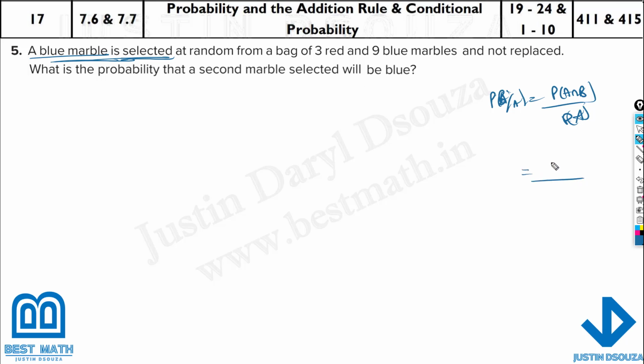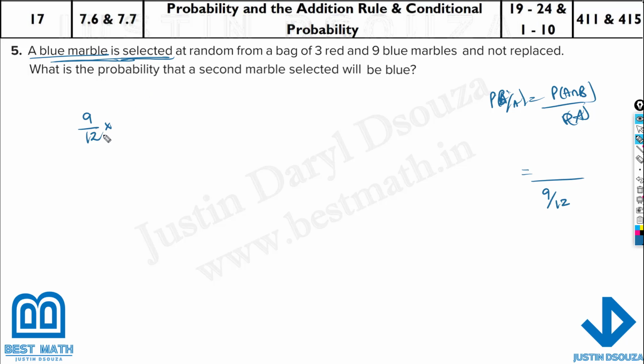So probability of A: what is the possibility of selecting a blue marble? There are total 9 out of 12. Very simple, right? Or you can write it as 3/4. But what is the probability of A and B? A and B means the probability of having a blue marble, 9 by 12, and again the next one will be blue